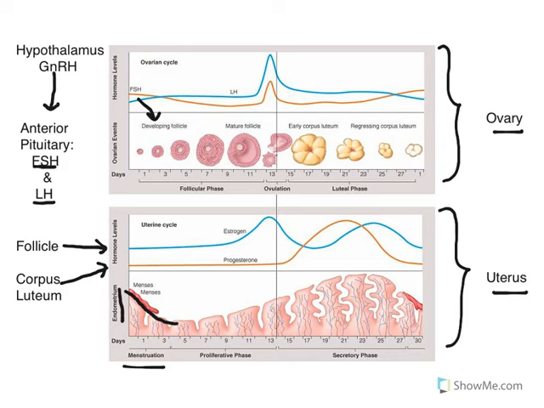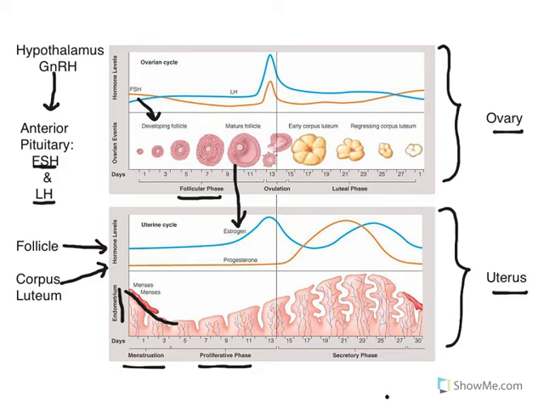At the same time that follicle is growing, it's producing estrogen. The estrogen is affecting the development of the endometrium lining during the proliferative phase. The proliferative phase is referring to the development of the endometrium lining. This is also happening during the follicular phase in the ovary, where that follicle is growing and maturing